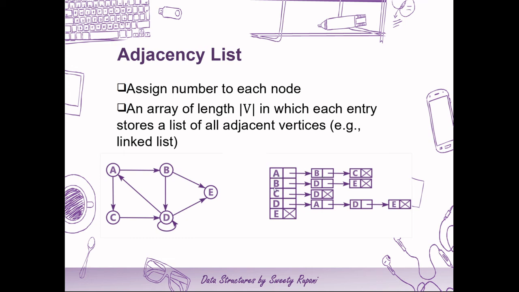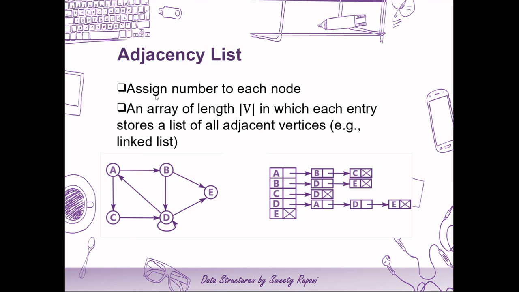If at any point of time I want to check how many nodes I can go to from A, I just have to look at this A and read out the nodes in this singly linked list. So from A I can reach B, from A I can reach C. When B to C is marked, it doesn't mean that I go from B to C. If at all I have a path from node B to node C, it would be marked over here in B's list.